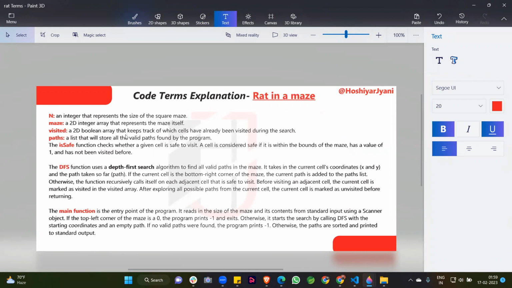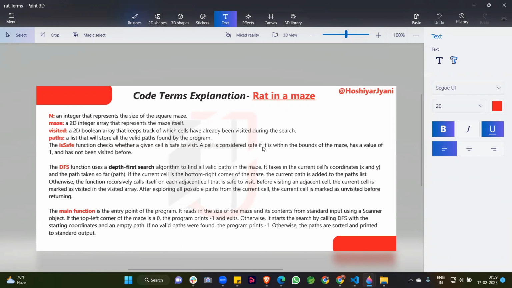It is a 2D boolean array that keeps track of which cells have already been visited during the search. paths is a list that will store all the valid paths found by the program. And there is the isSafe method, which checks whether a given cell is safe to visit or not.